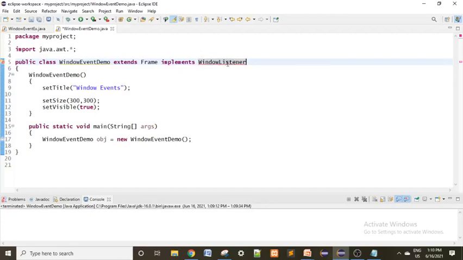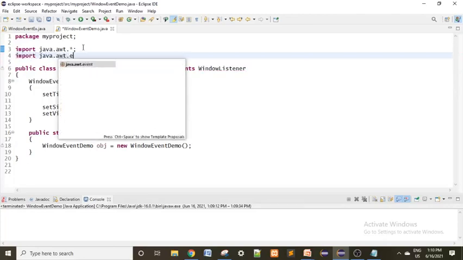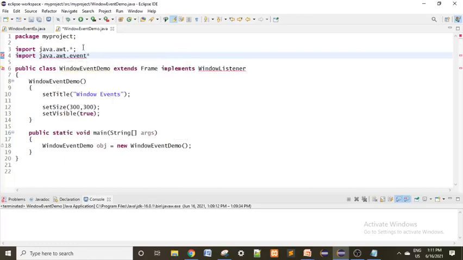After that, to use this WindowListener, we have to import one package, that is import java.awt.event package. Then only we are able to use event classes or listener interfaces.